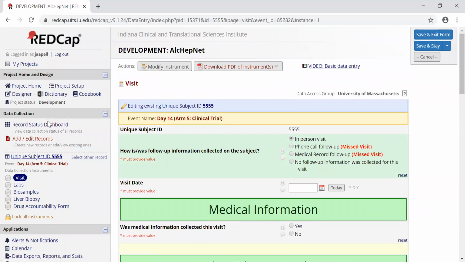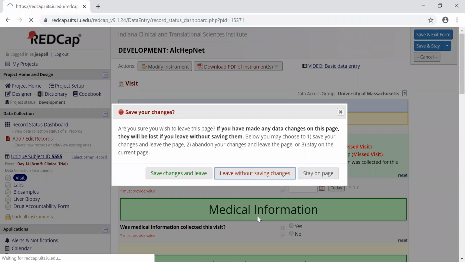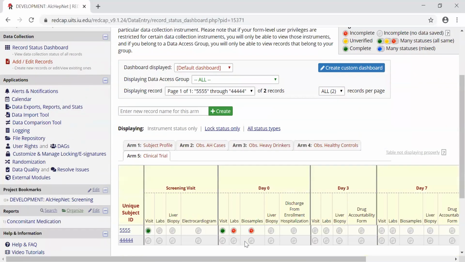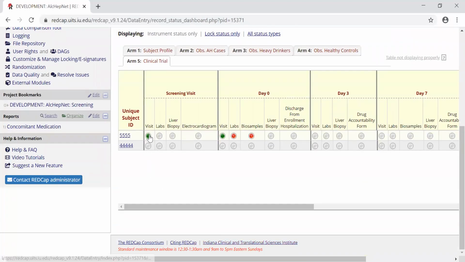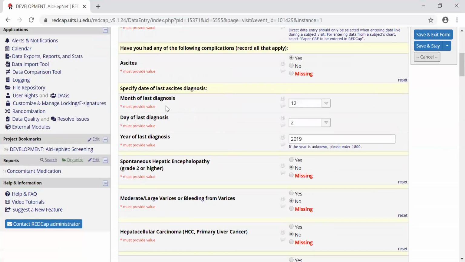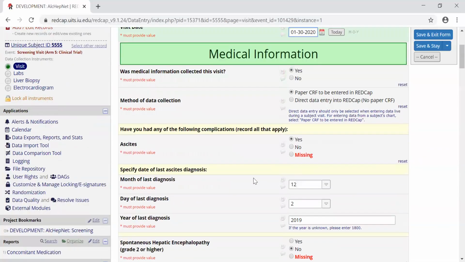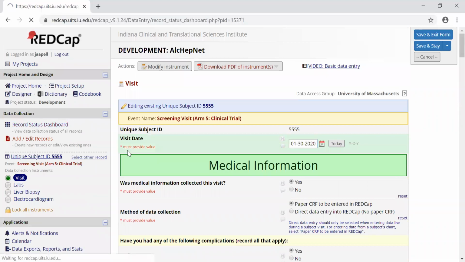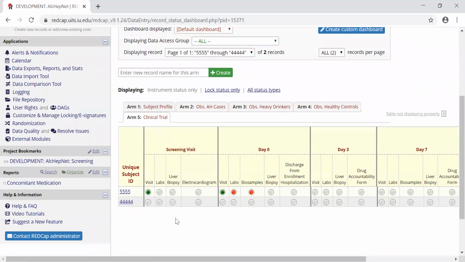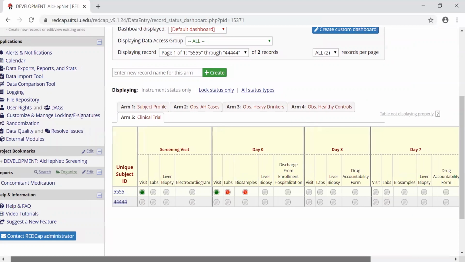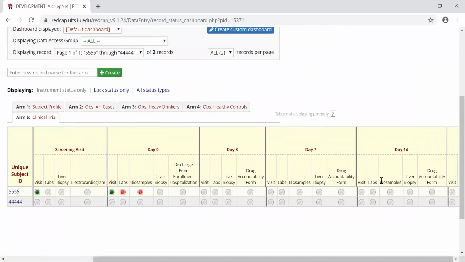And then at follow-up, you're essentially asking them if anything has changed, and if anything has changed in terms of their medical history, you'll be updating the specific medical history form for them. So at screening, you have, have you been diagnosed with ascites, encephalopathy, et cetera. But once you get to the later visits, follow-up visits,